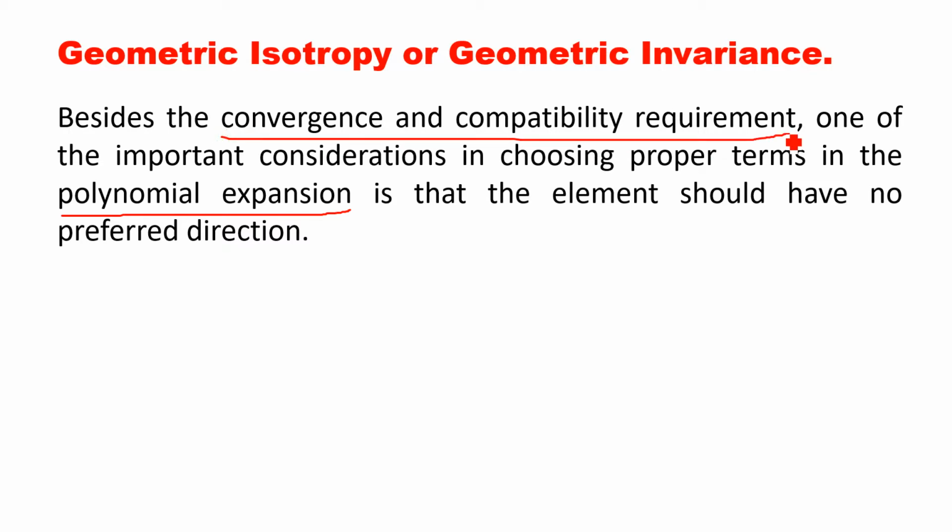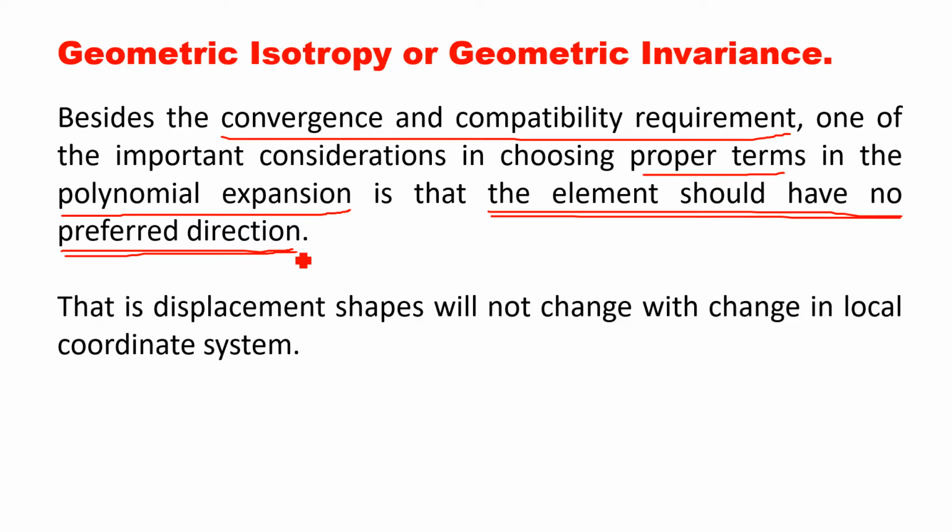But besides this convergence and compatibility requirement, there is one more important consideration while choosing the proper terms in the polynomial expansion: the element should not have any preferred direction. The element should not have any preferred direction, which means